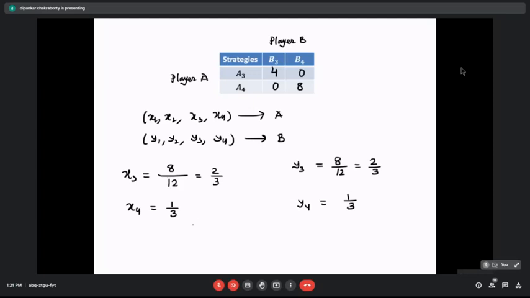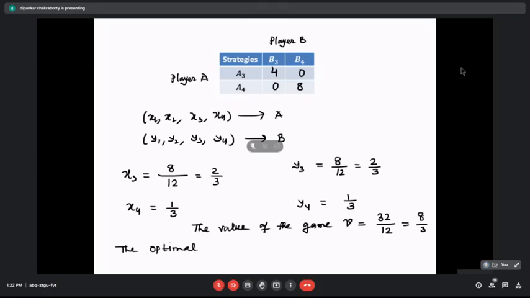Okay, so the value of the game V is what? 32 divided by 12. Denominator is always same, 12. So that is going to be what? 8 by 3. Okay, and you have to write down this, remember that, because the question has asked to find